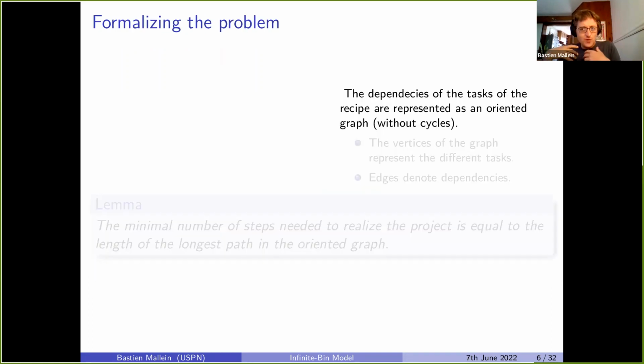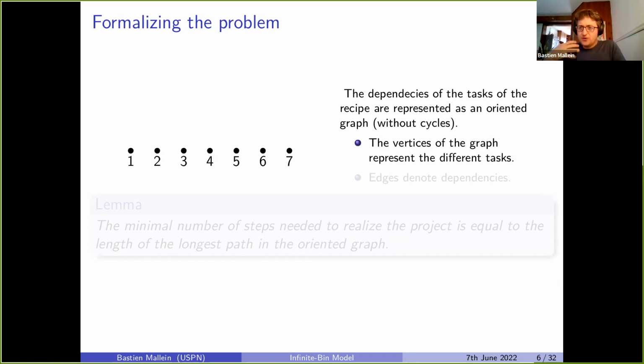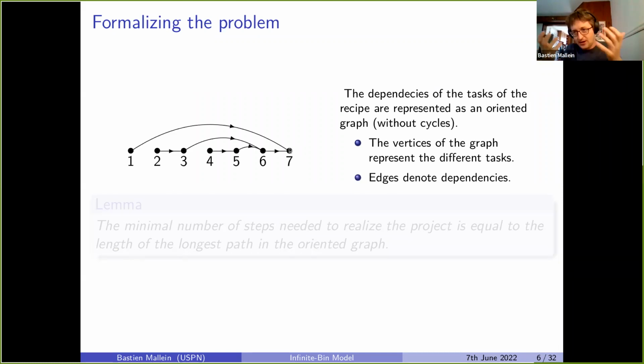So well, how do we compute this minimal number of steps needed to realize this recipe? A way to do it would be to represent my recipe as a graph. The graph will be ordered, and I will add edges between the vertices of the graph, which represent dependencies between tasks. For example, task 7 is to put the apple pie in the oven, and for task 7 to be doable, I have to have preheated the oven, which is task 1, and I have to have put all the ingredients into place, which is task 6. So task 7 depends on task 6 and task 1.